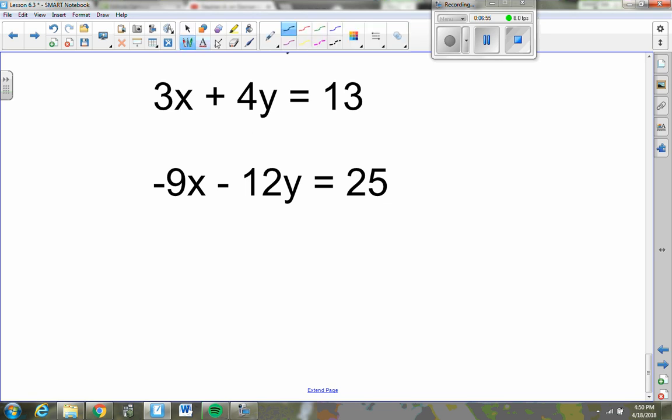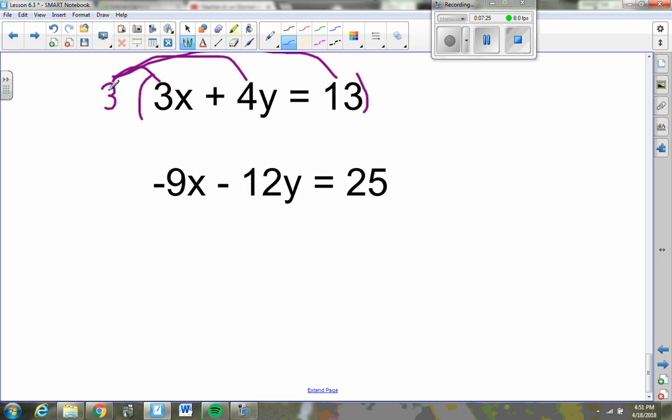Again, I want you to notice that my two equations do not have the same number in front of either the x or the y. 3, 9, 4, 12, not the same. But I think I can turn the 3x's into 9x's simply by multiplying this entire top equation by 3, right? If I do that, and I multiply the 3 into all of these pieces,